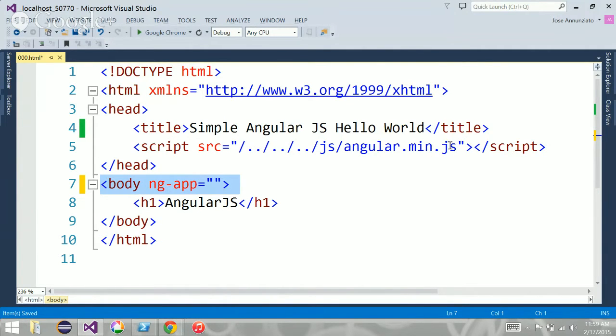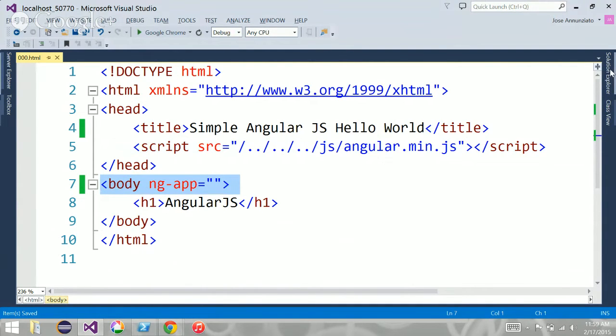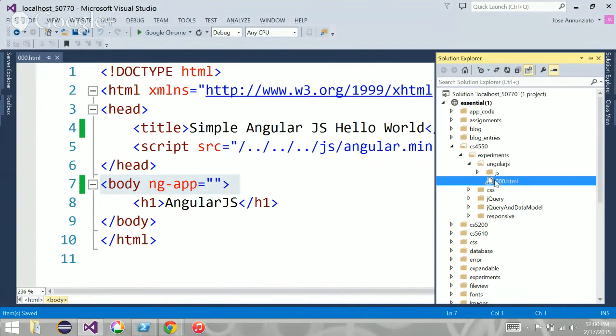When you load the framework, it pretty much takes control over your entire page. It says, "Oh, I'm going to parse this entire thing. I'm going to reinterpret the document." It's going to declare all sorts of new things that augment the HTML language. So let's declare that, and let's declare here